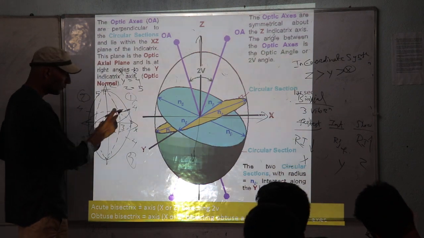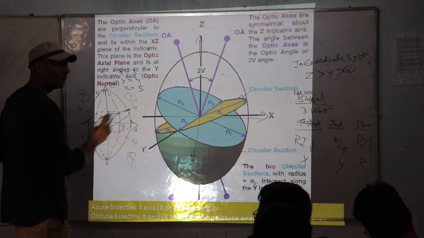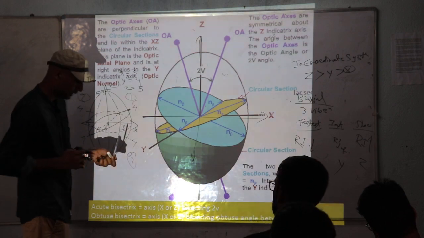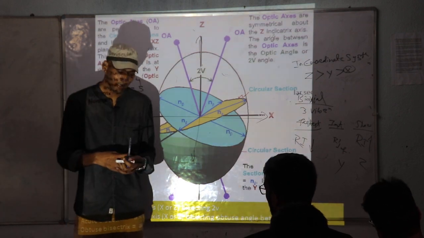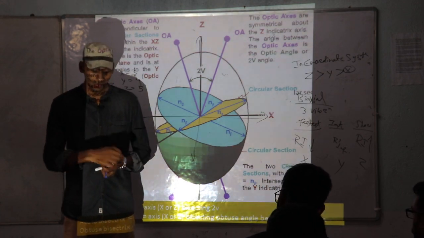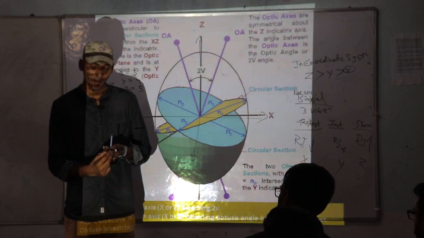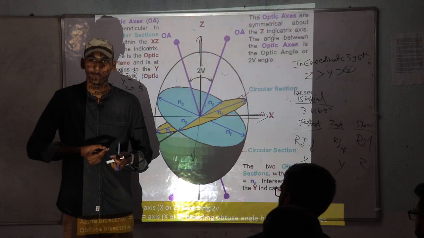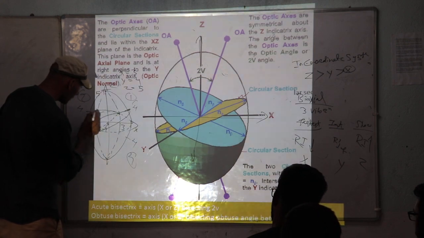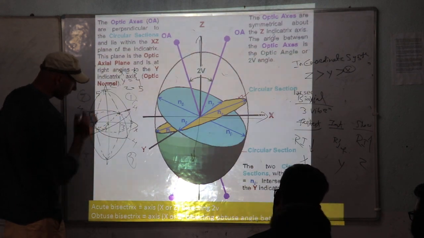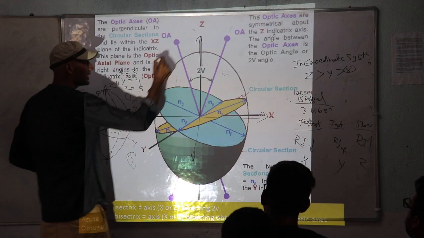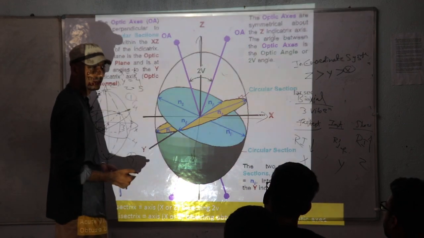You have taken y at both the ends and the quadrant value of opposite quadrants. Then talking about the second and fourth quadrants, in a similar way, you are getting this intermediate value, and this is the second quadrant, this is the fourth quadrant. So this value intermediate, this value y negative, and that value. So this will also give you a circular section. So you are also getting a circular section here, right? So you are getting 2 circular sections, and as we have known, when there is a perpendicular to a circular section, we are getting the optic axis.